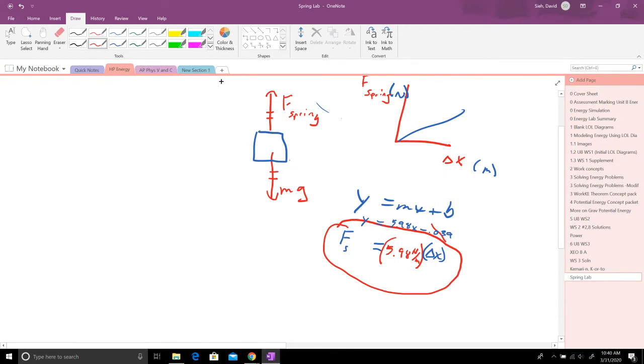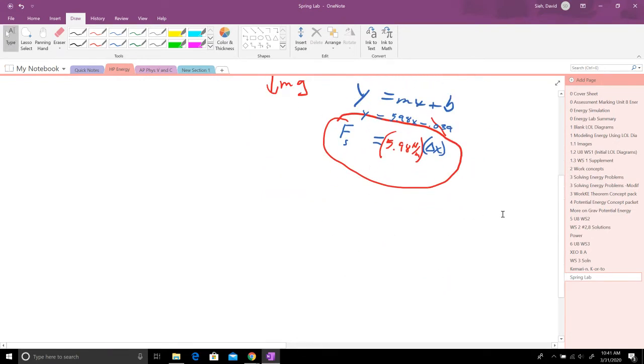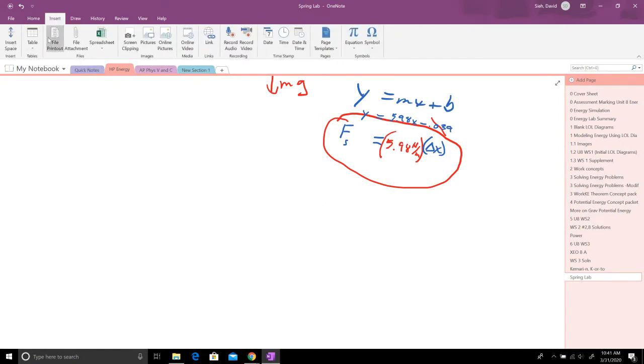From this model, I could plug in any amount of stretch and see how hard the spring would be pulling when stretched that far. And that's what we want. In general, think about the secret meaning of the slope. When we think about the significance of a slope in a lab, we use a statement, something like this: